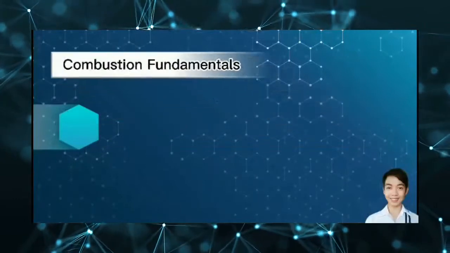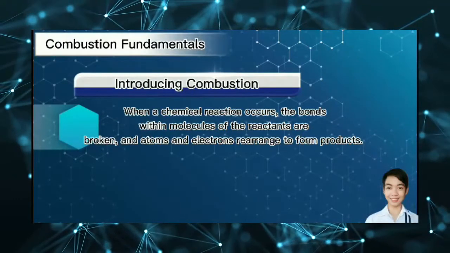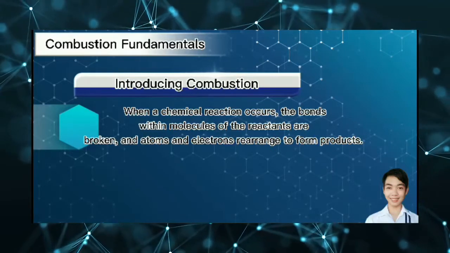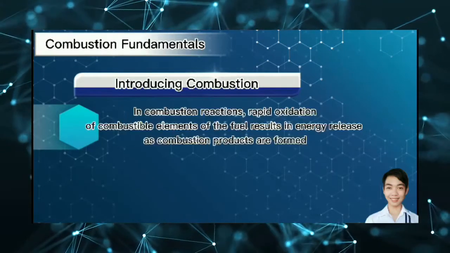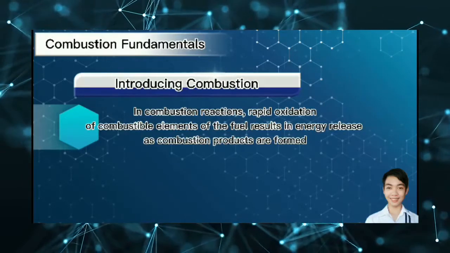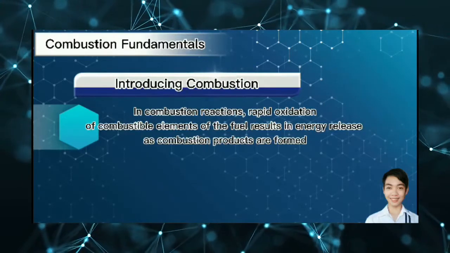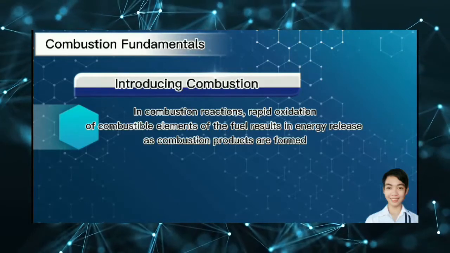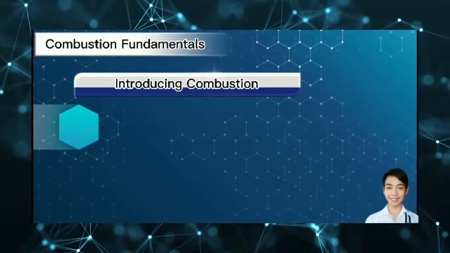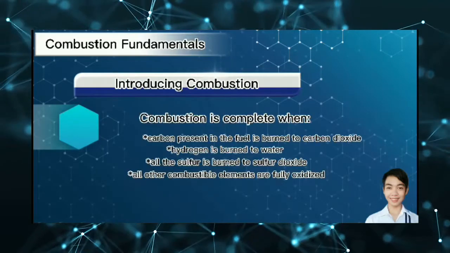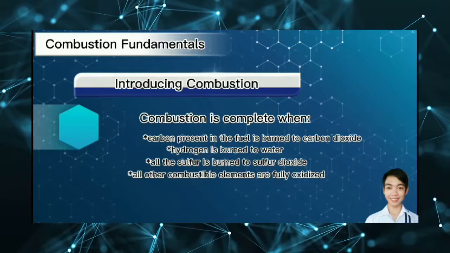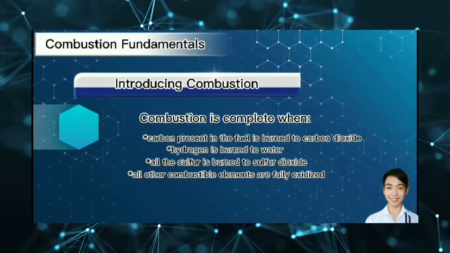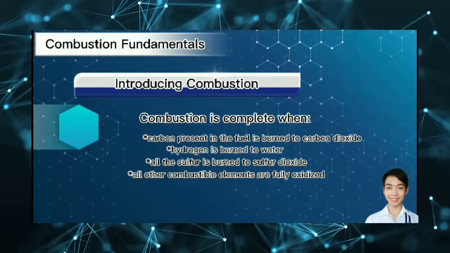Introducing combustion. When a chemical reaction occurs, the bonds within molecules of the reactants are broken, and atoms and electrons rearrange to form products. In combustion reactions, rapid oxidation of combustible elements of the fuel results in energy released as combustion products are formed. Combustion is complete when all the carbon present in the fuel is burned to carbon dioxide, all the hydrogen is burned to water, all the sulfur is burned to sulfur dioxide, and all other combustible elements